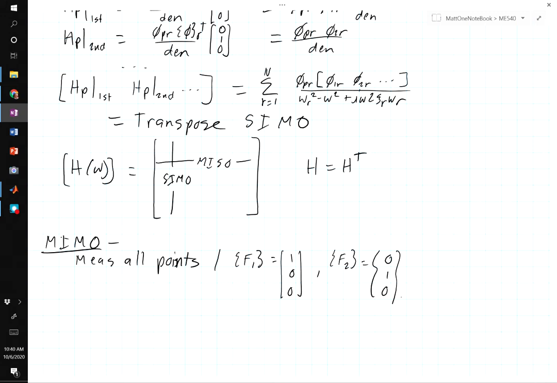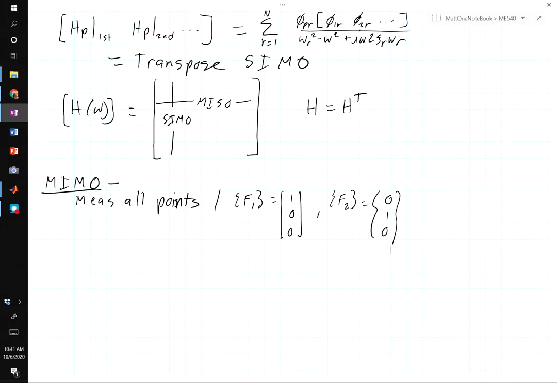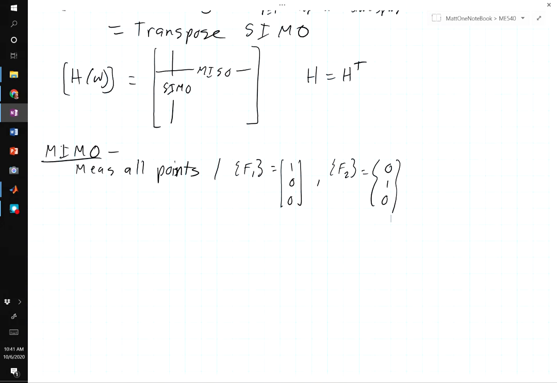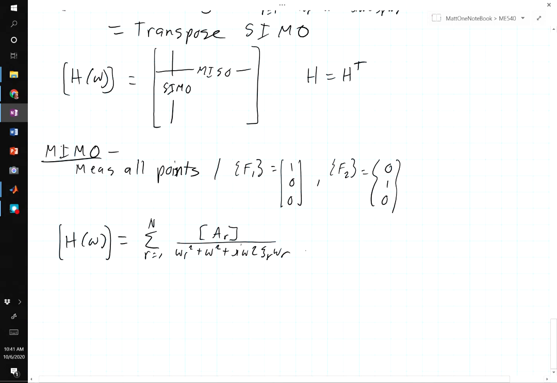As long as the system doesn't change from one test to the next, we can treat the data the same. And sometimes the forces are applied simultaneously. But anyway, if we go with this approach, we end up measuring a matrix of transfer functions. And we can write that matrix as some residue matrix over our denominator again. And this residue matrix